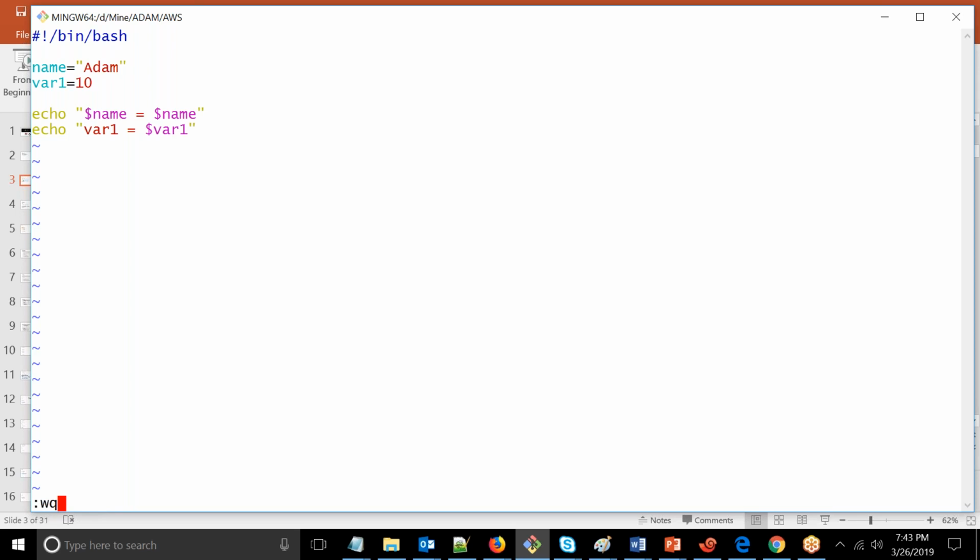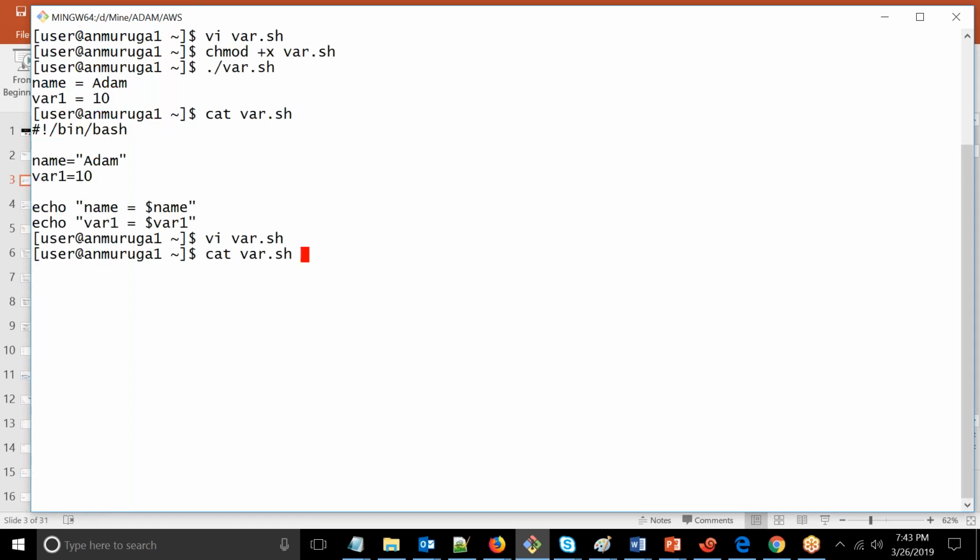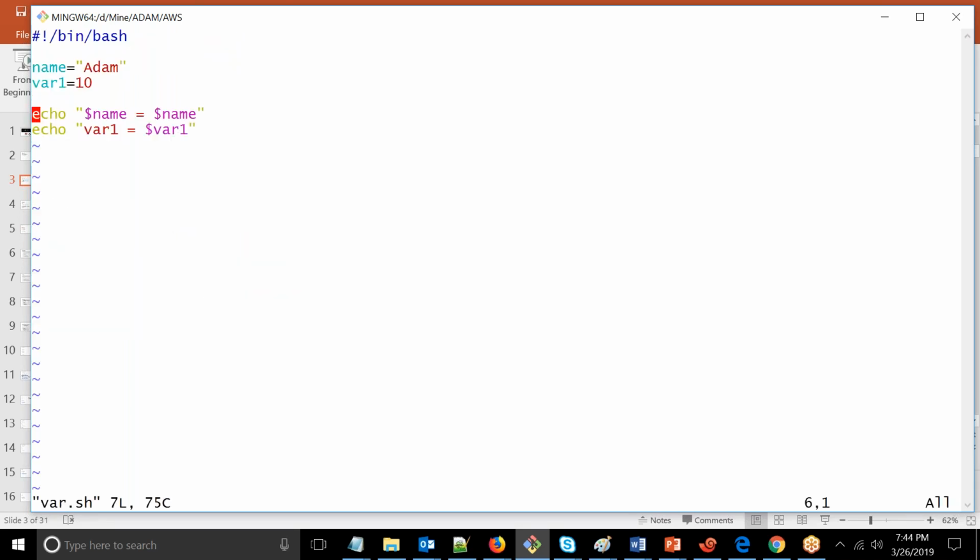So what will be the output? Adam equal to Adam. So it is printing Adam equal to Adam. So this is where, what if you want to get the exact string? Sometimes if you want, you can use a single quote. Sometimes when you use a single quote, it will try to give you that, but in most scenarios,